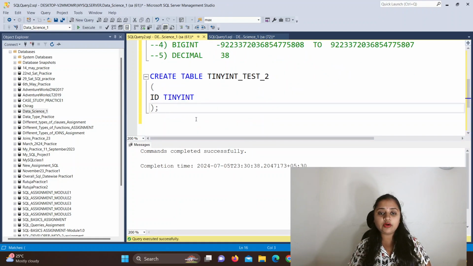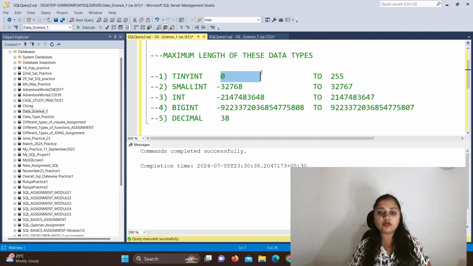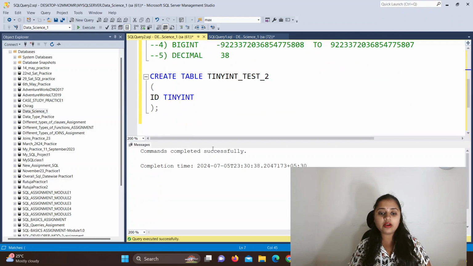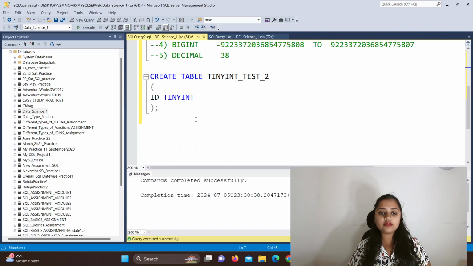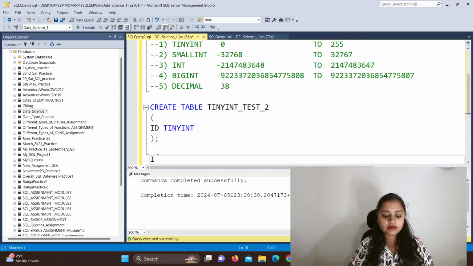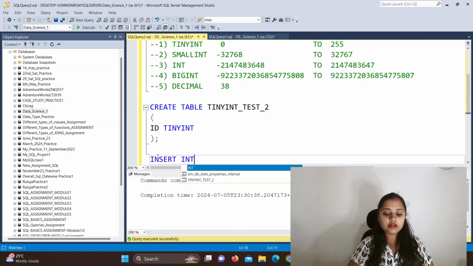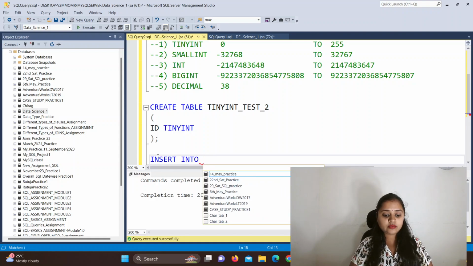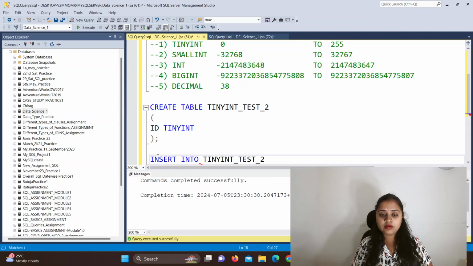Now after that, when you are going to insert, I have given the range from 0 to 255. So now let's try to insert into it. I will write insert into, then the table name, that is tiny int test 2, then the column name, that is id, then values, and then just give the value you want to enter.